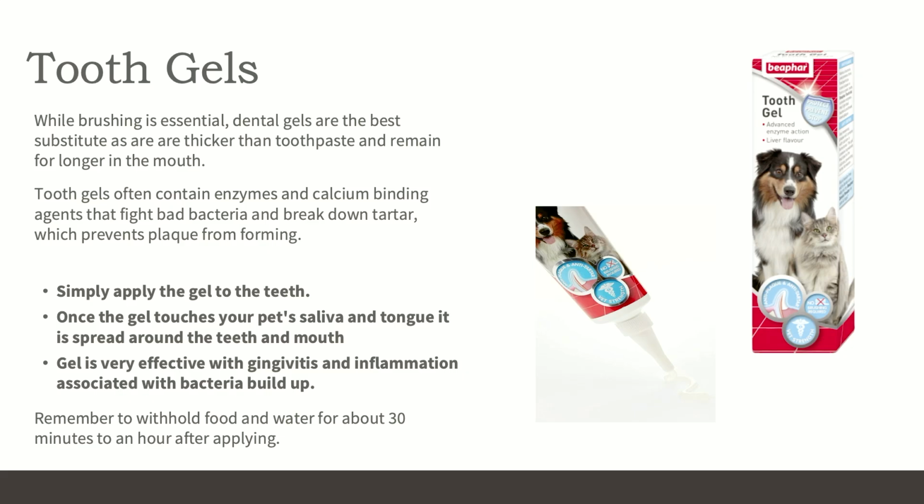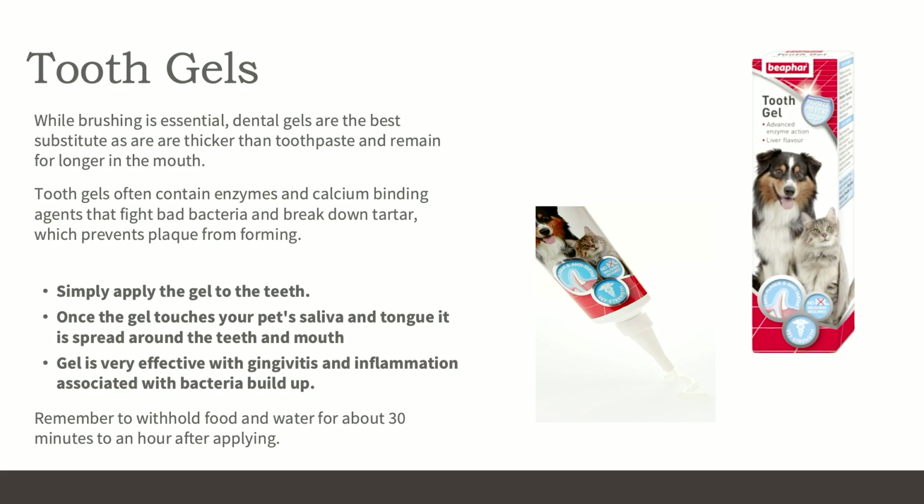Simply apply the gel to the teeth. Once the gel touches the pet's saliva and tongue, it is spread around by the pet with their teeth and mouth, which is essential. The gel is very effective against gingivitis inflammation associated with that bacteria buildup. Once you've applied these gels, you need to withhold food and water for about 30 minutes to an hour after application. It's really designed for pets who don't like having their teeth cleaned. You just simply apply the gel to the teeth and let them lick it around their mouth to let it